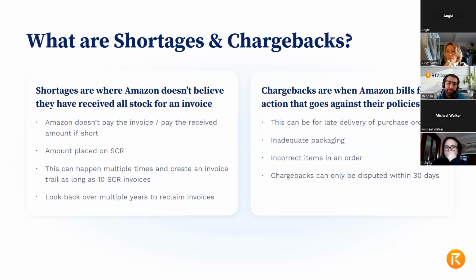And when you see that as the problem, you know that that's the thing that needs to be corrected. And often for some companies where they're using a 3PL, for example, this is their first indication that something's gone wrong in their supply chain. So it's being able to react to that and say, this is what I need to do to prevent these going forward.